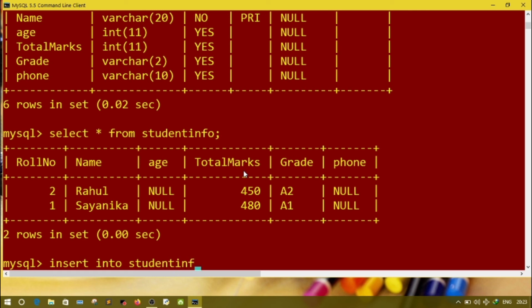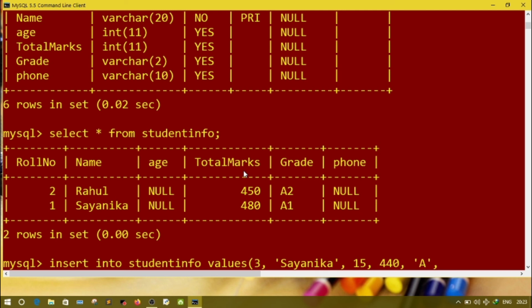insert into student info values. In bracket you will write roll number. Suppose roll number is 3. Name, I am keeping the same name. Then age. Then total marks. Then grade.